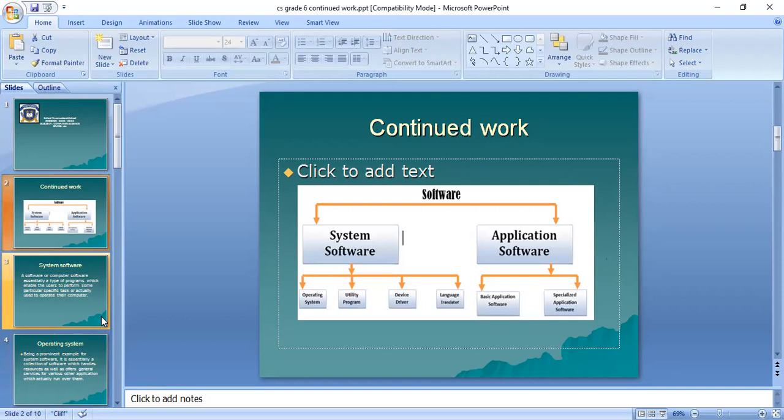So a driver is a kind of program which enables your computer to interact with hardware devices such as a printer and flash or USB drives. And then there is the compiler. Compiler means to combine. A compiler is a program that translates a high level computer language into a machine language program.